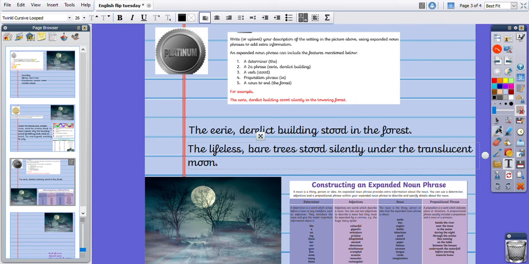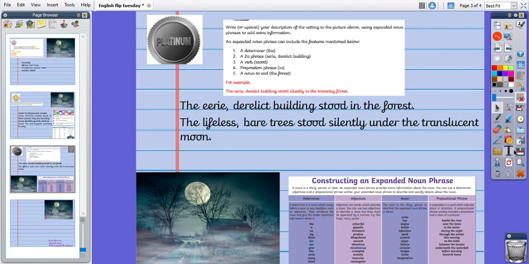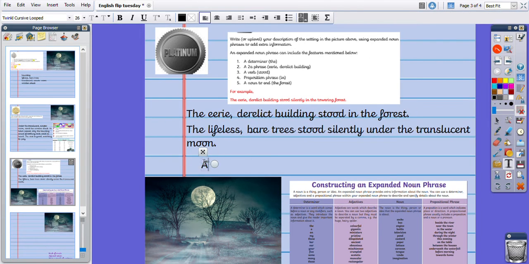I'm going to use a different determiner this time, and I'm going to use a, or an. Now I need to up-level my vocabulary here because I've repeated myself. An eerie, derelict building lay abandoned behind the creaking